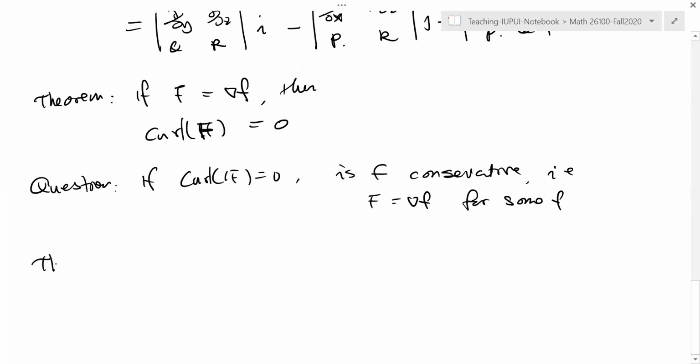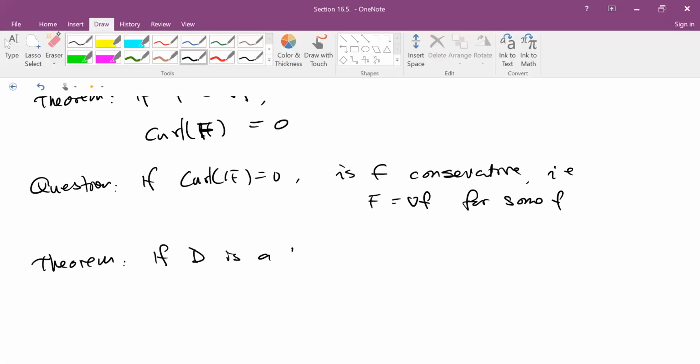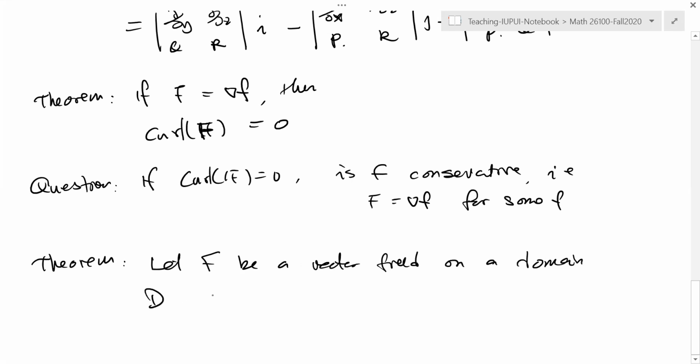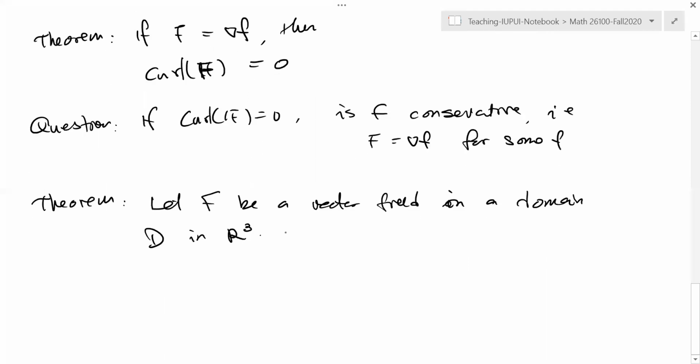So yes, the answer is, if D is a domain, let F be a vector field, and we have to assume that it's differentiable, on a domain D in R3,